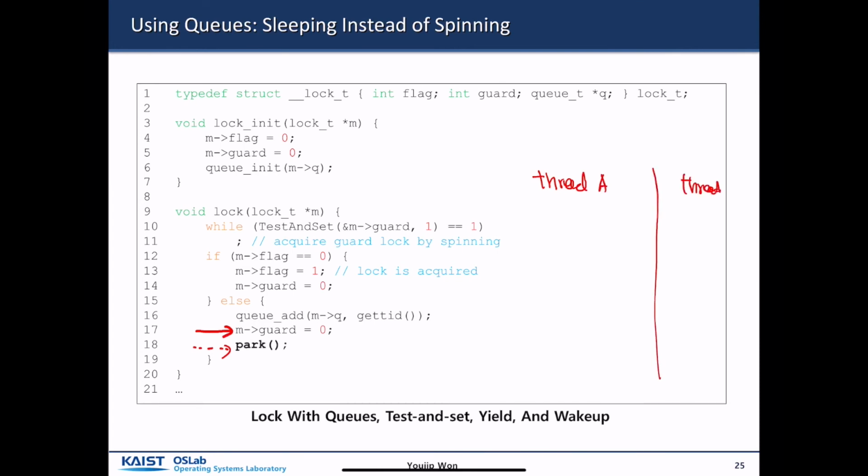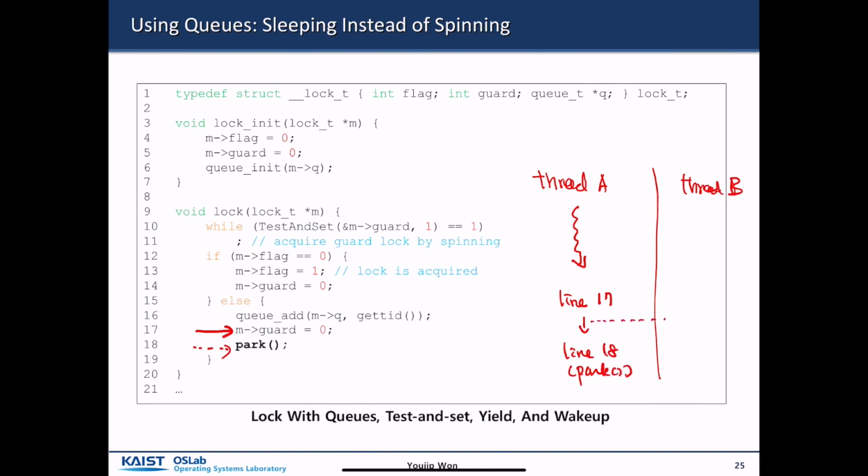Thread B. And thread A finds that the lock is not available, and then it's going to execute line number 17, and it is going to execute line number 18. But right after executing line number 17 and just before calling park at line number 18, before it is put into the park,